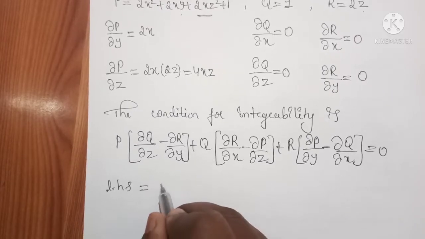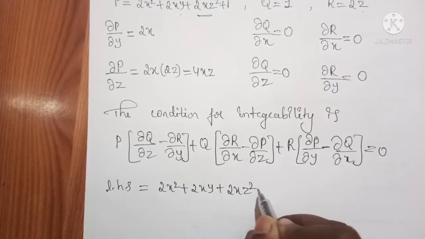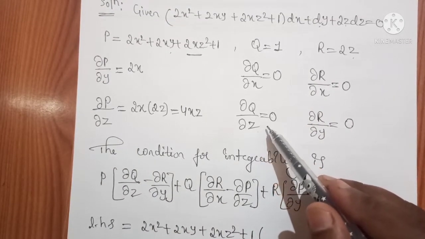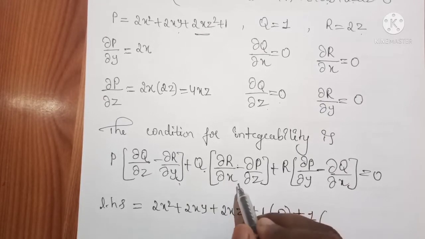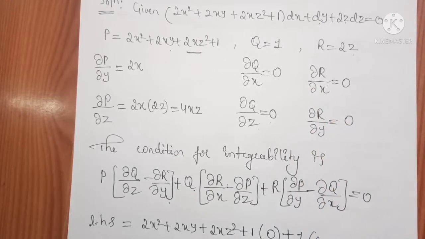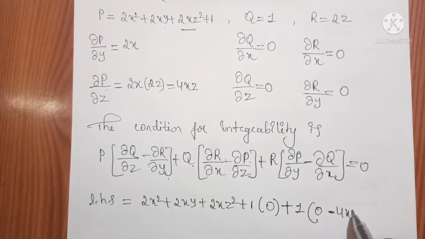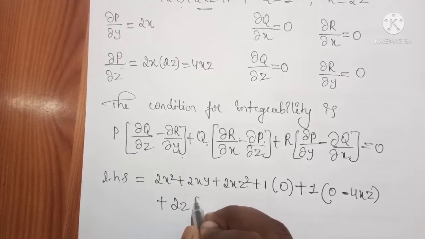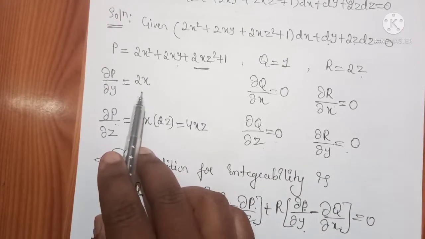So p is 2x² + 2xy + 2xz² + 1, into ∂q/∂z. ∂q/∂z is 0, and ∂r/∂y is also 0, plus q. q value is 1, ∂r/∂x is 0, minus ∂p/∂z. ∂p/∂z is 4xz, plus r. r is 2z into ∂p/∂y. ∂p/∂y is 2x,